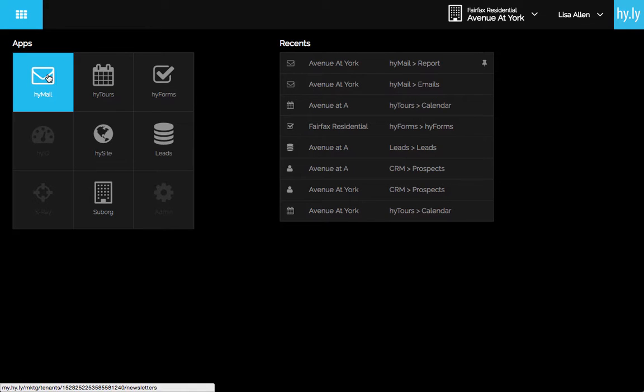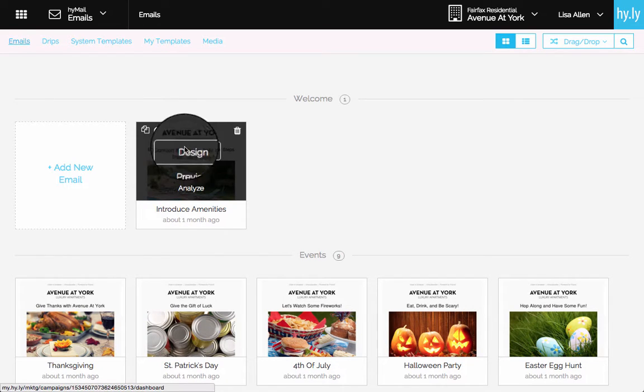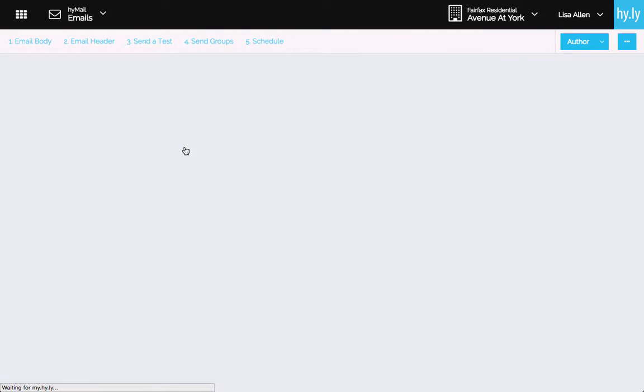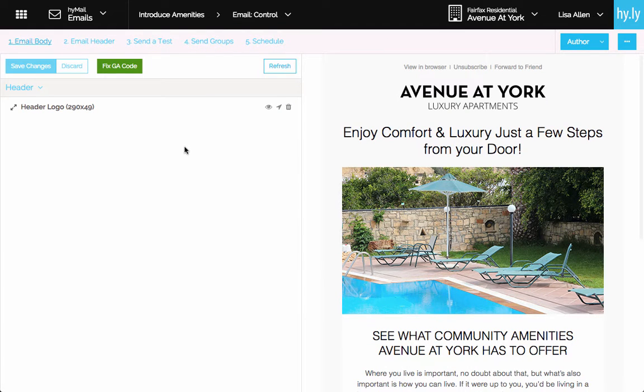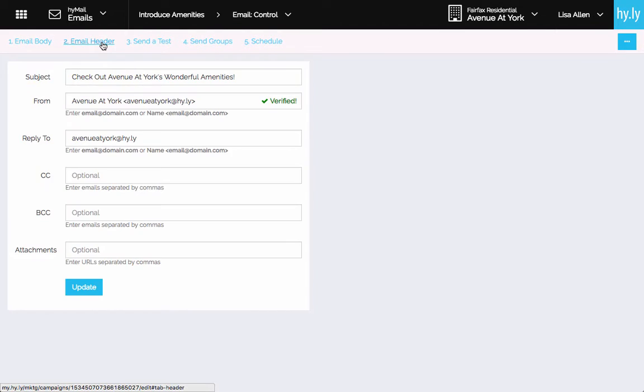Under your HighMail Emails page, select a campaign under your organizer and go to its editor. Before we start, go to the email header link and make sure that the verified icon shows up in the From field. This way, you can be sure that both the email test and the actual email campaign is coming